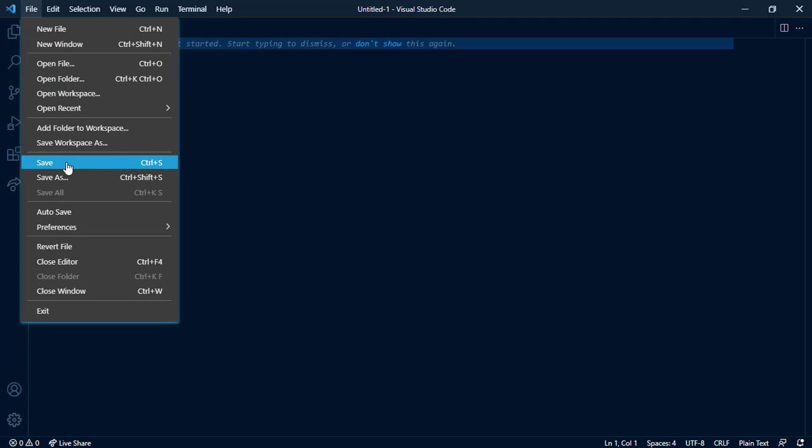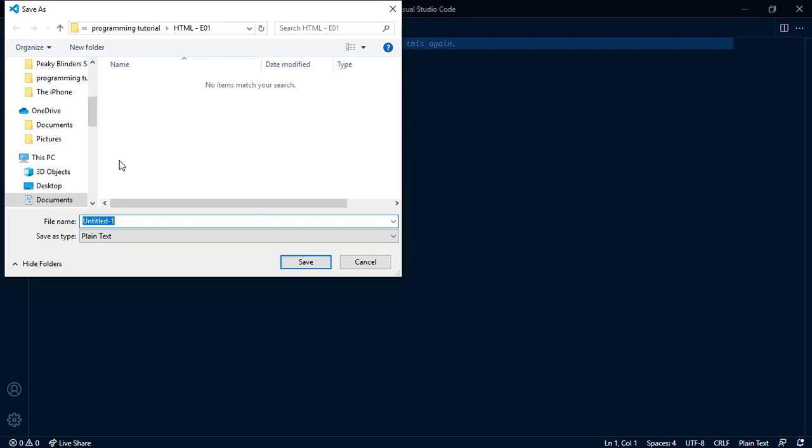And you have two options. Save simply saves the changes, and Save As saves it as a document, which you use for the first time you're trying to save it. So we will save it as, and I've already created a folder, HTML episode 01, and usually it's not a written rule that you have to name it